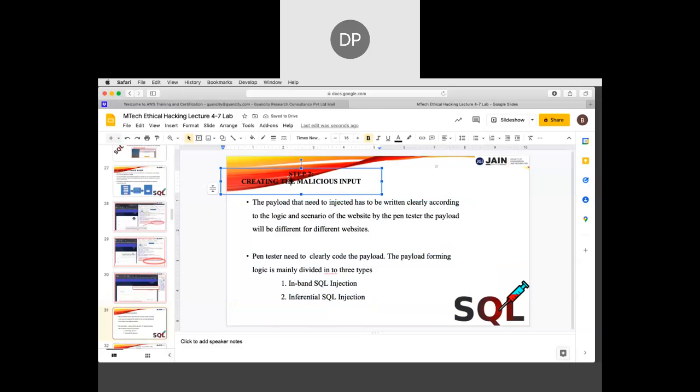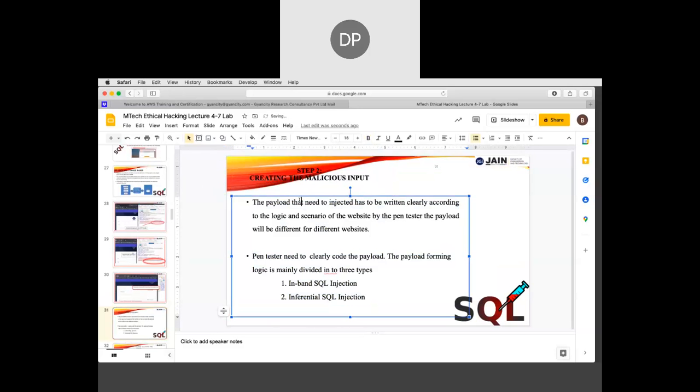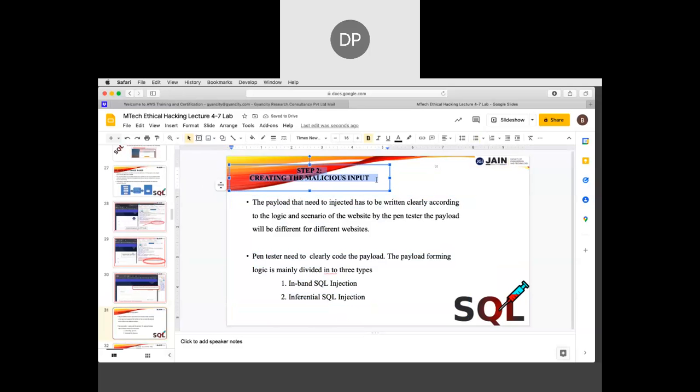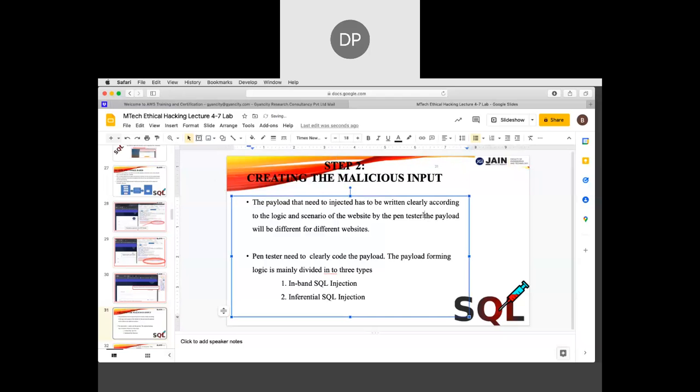So step 2, creating the malicious input. The payload that needs to be injected has to be written clearly according to the logic and scenario of the website by the pen tester. The payload will be different for different websites. The pen tester needs to clearly code the payload. The payload forming logic is mainly divided into